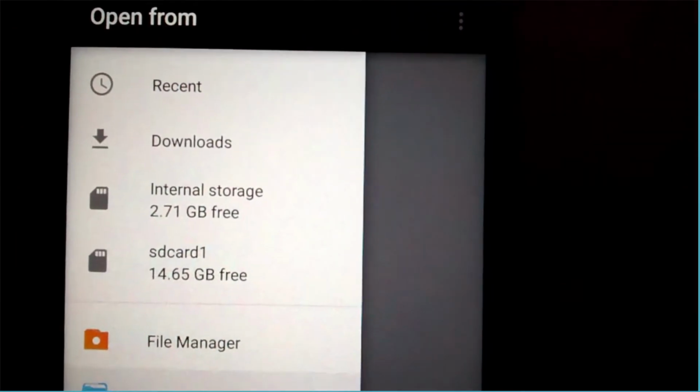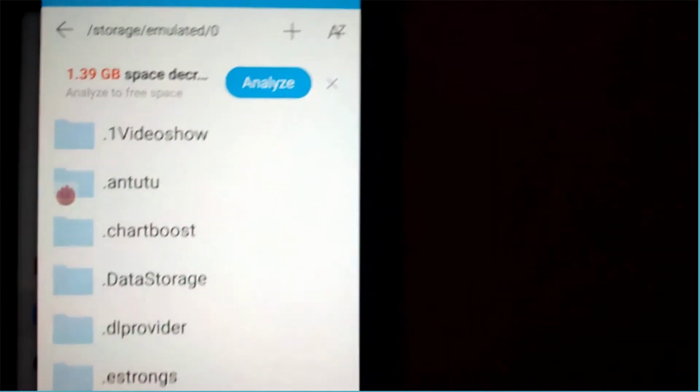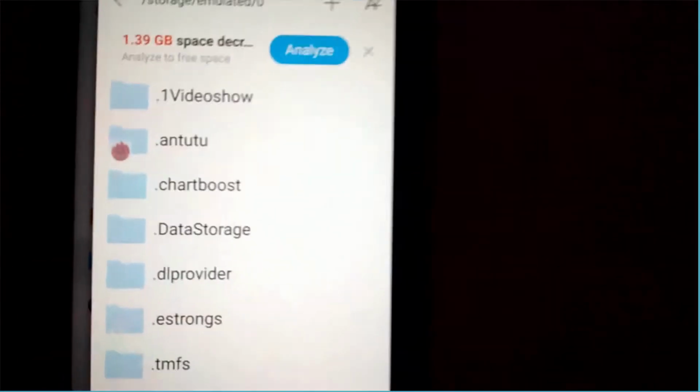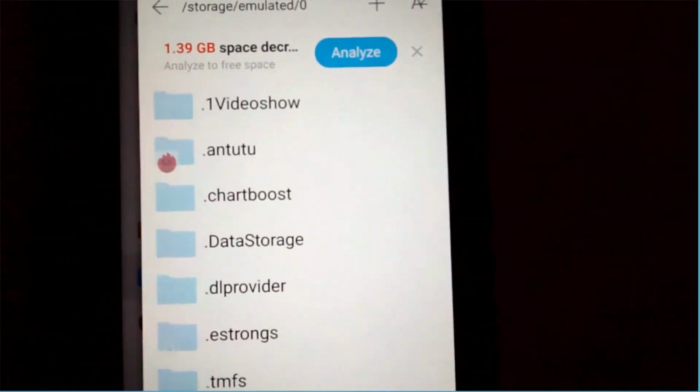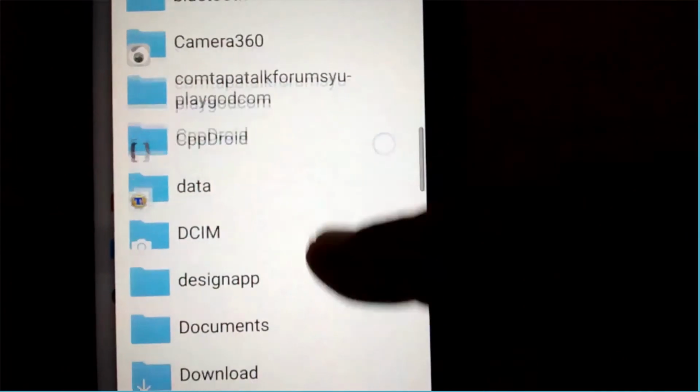Now you have to navigate to where you have downloaded that file. In my case, it is in the MultiBoot folder, which is here.